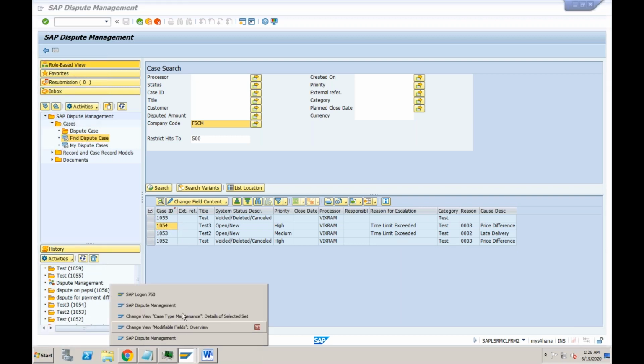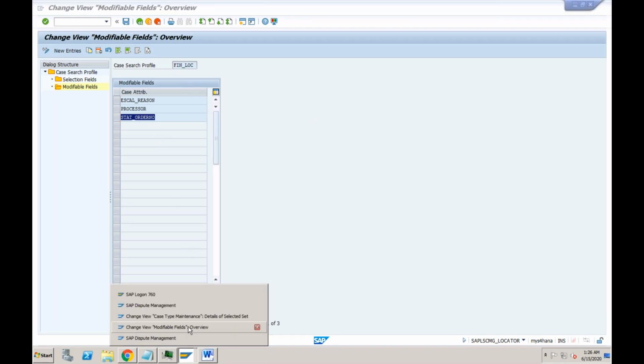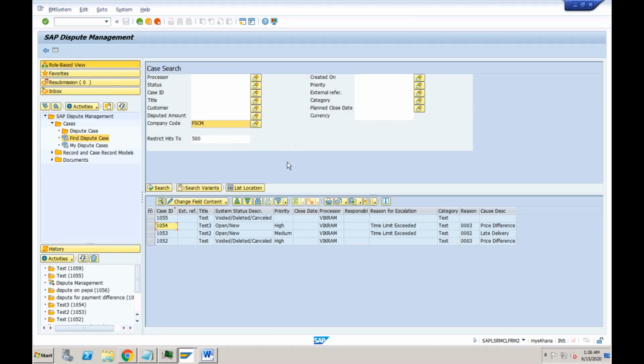If I remove the escalation reason from here, then I will not be able to modify that field under the UDM_dispute transaction. So the search profile controls which fields are available for selection and which fields are available for modification.